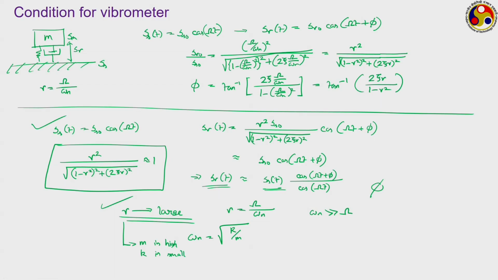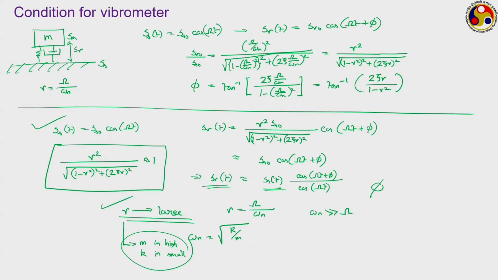So, high mass and low stiffness is the required condition for a vibrometer measurement. The result of this combination is a quite bulky system, because we are talking about a larger mass and also a small value of k. So, the system generally is larger in mass,